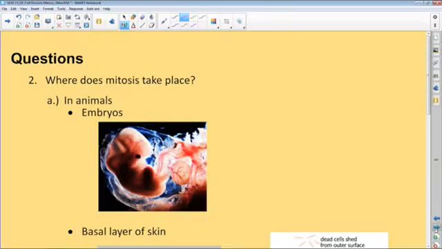The next question I asked you was, where does mitosis take place? There are quite a few places in the body where mitosis can take place, where we need to make new cells. But in animals, I've just highlighted about three places. The reason is that you're actually going to look at two of these structures this year when you look at your syllabus. If you have a look on the board here, where we're going to find it,